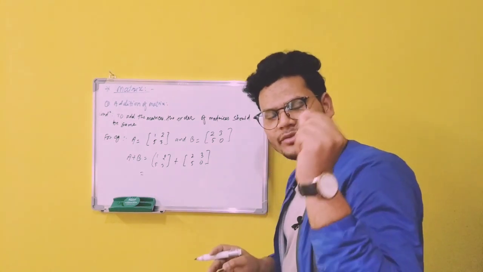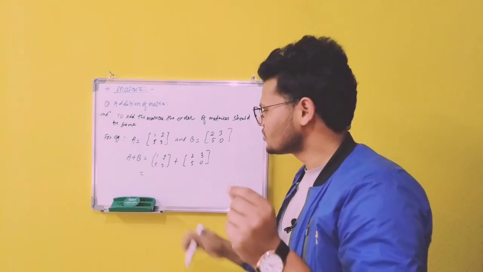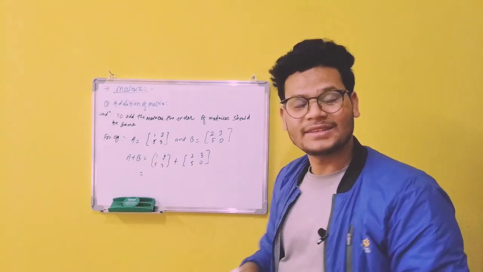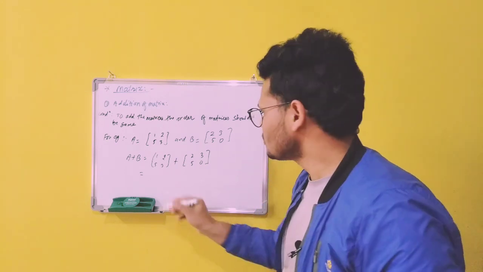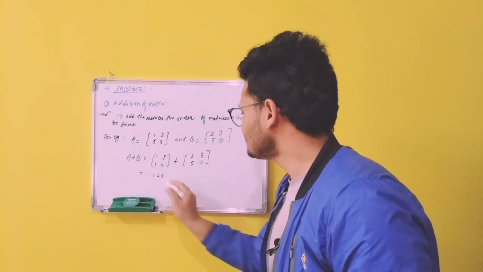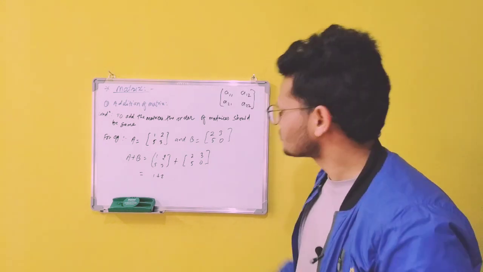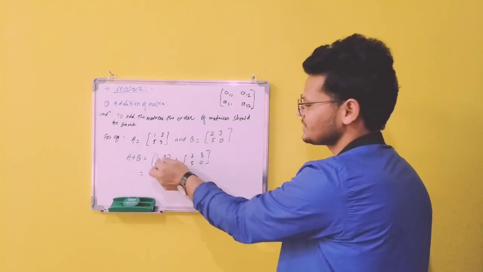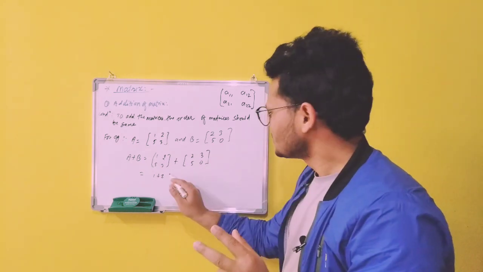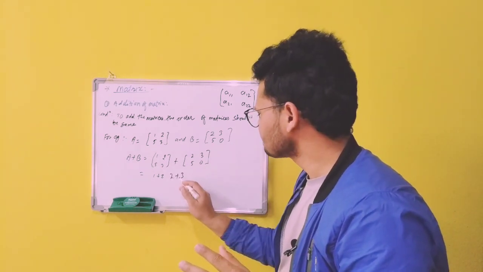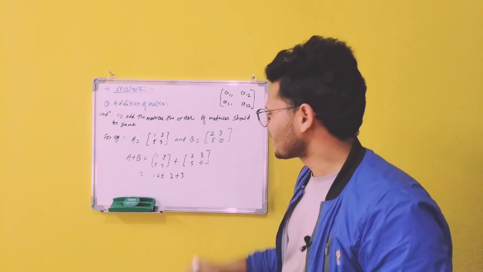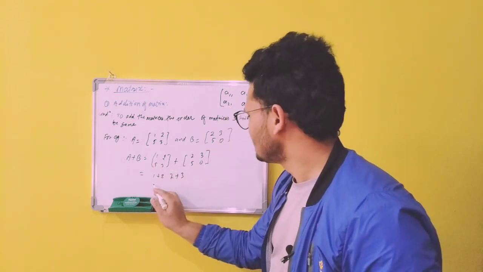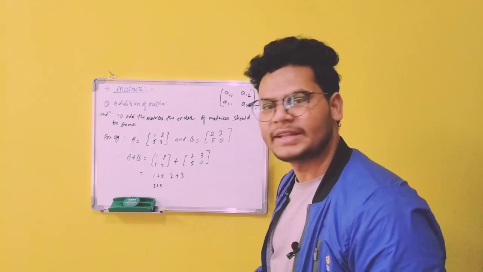while adding the elements, you need to see the position, same position should be added, right? Okay, 1 and this 2 are in the same position, so is equal to 1 plus 2, same position can be added here. Also the 2 and 3, this position is the same, A12 position, we can add that one, right? So here also 2 plus 3, we can add that. Okay, also 5 and 5 also same position, 5 plus 5, we need to add that one.